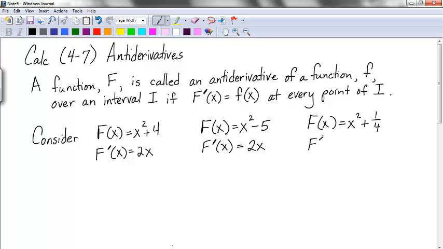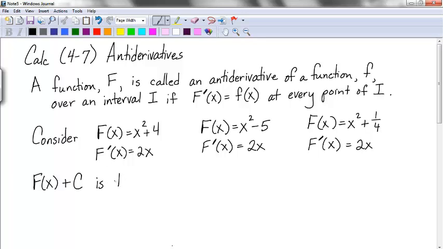What's the derivative of that? 2x. Okay. Did that constant have any effect on the derivative? No. Okay. So uppercase f of x plus, we're going to use c for the constant,